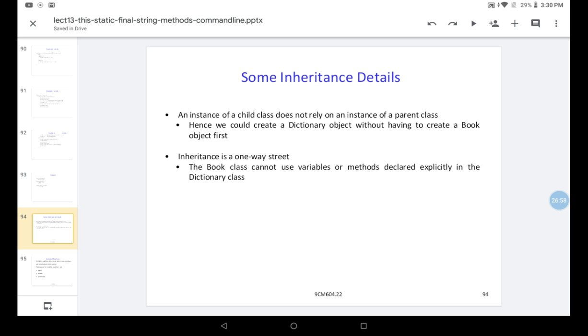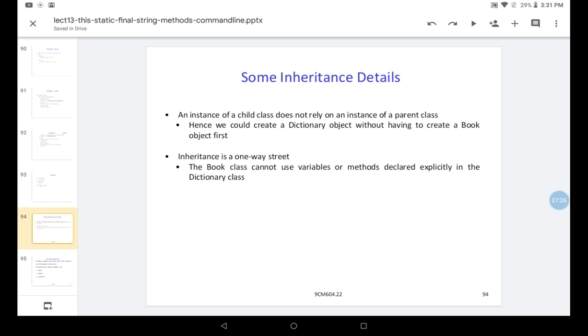So we'll see some inheritance details. An instance of a child class does not rely on an instance of a parent class. Hence we could create a Dictionary object without having to create a Book object first.